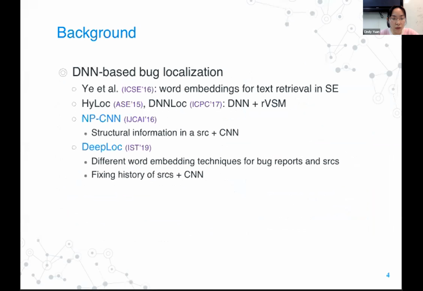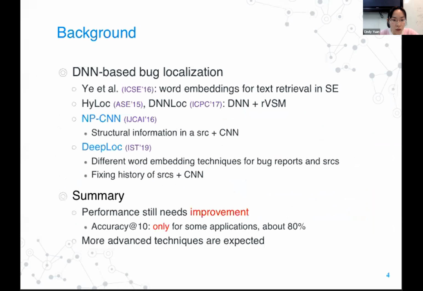And in the state-of-the-art work, they propose to use different word embeddings and consider the fixing history. However, only for some applications can the top 10 accuracy of existing approaches achieve 80%. So the performance still needs improvement and more advanced techniques are expected.